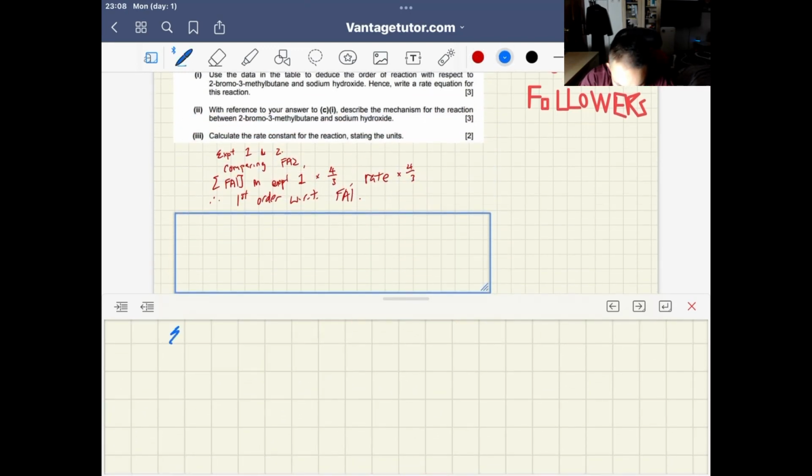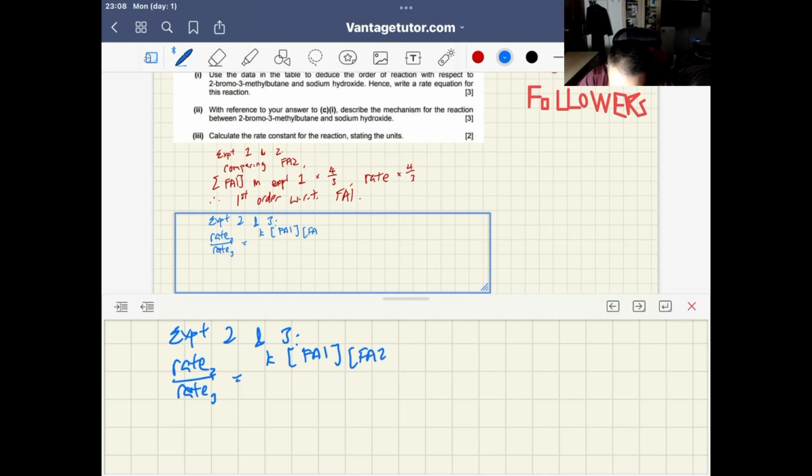Okay, let's compare experiment 2 and 3. For the sake of completion, I'm going to show you the other way of doing your comparison. Instead of doing your proportion, I can actually do it mathematically. So I can say that rate 2 over rate 3 equals K [FA1]^order [FA2]^order over K [FA1]^order [FA2]^order, for which we know your order of reaction for FA2, from what we found just now, was